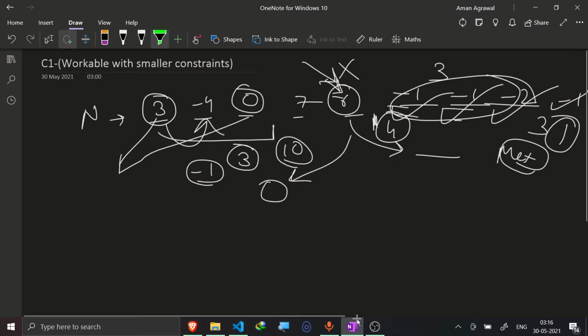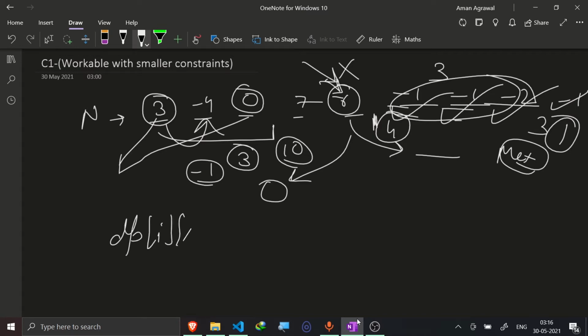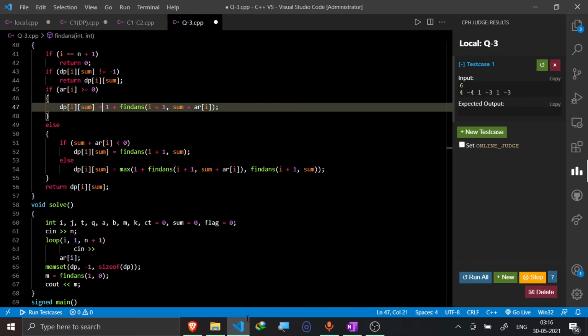So now I would be implementing this with DP only. So suppose I made a 2D DP, where this I would be telling the number of portions I have considered till now, and this would be telling the total amount of health. And after considering this, what is the maximum number of cans I am able to drink. So now let me go with the code only.